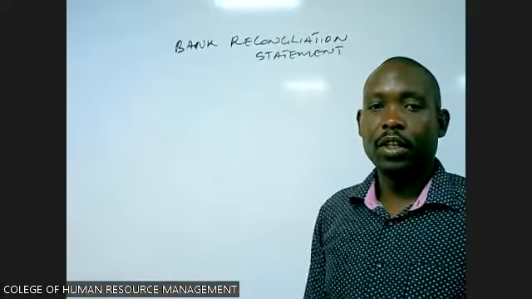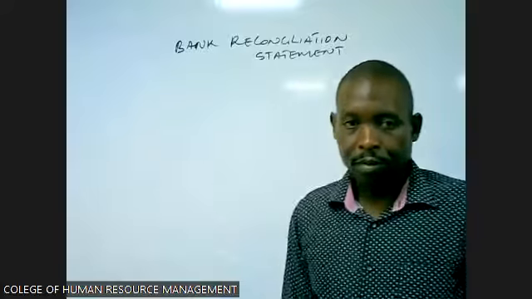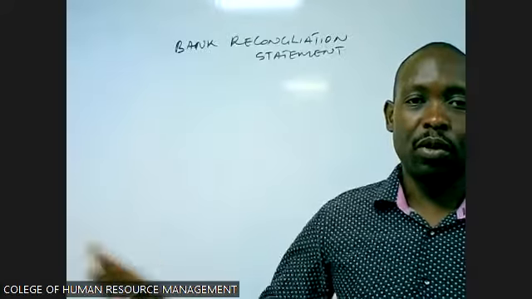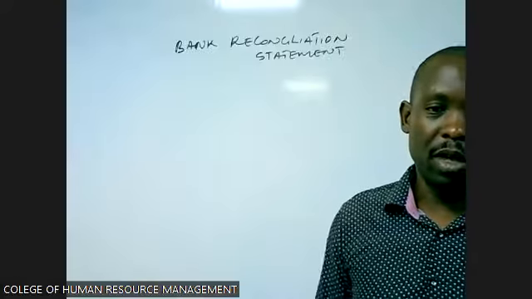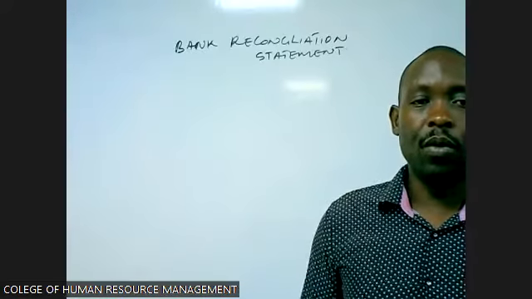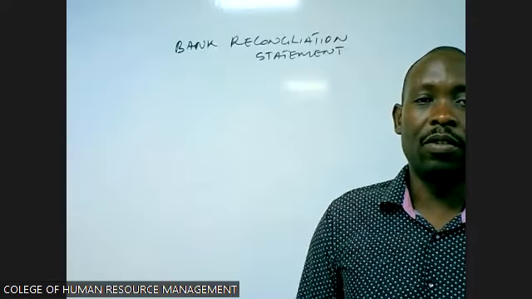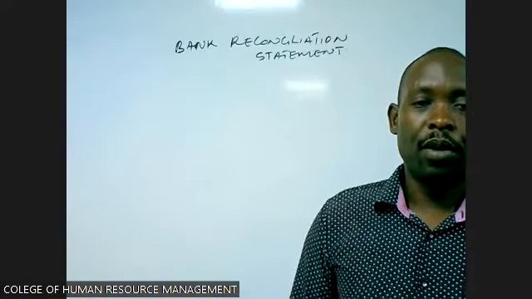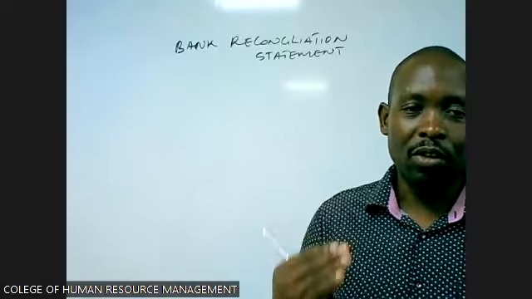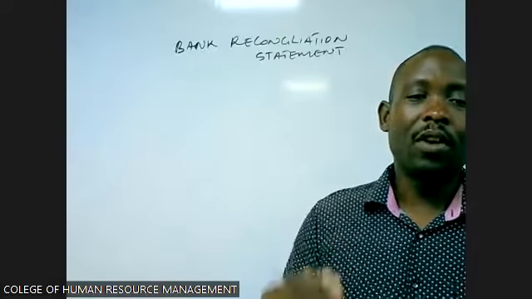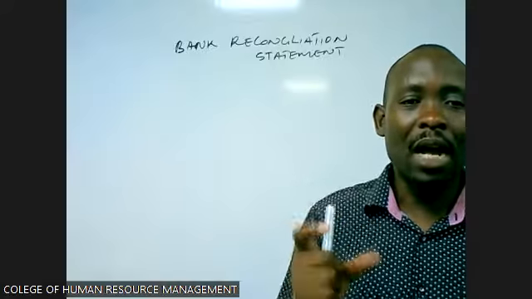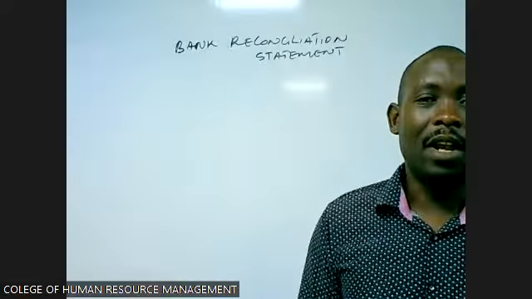Bank reconciliation statement. It is actually an extension of the cash book. These are only the petty cash book. When we talk about the 2-column cash book, the 3-column cash book, then at the end of the day, we need to compare the balance of the bank column with the balance in the bank statement. So bank reconciliation statement simply entails trying to find out why the cash book bank column balance and the bank